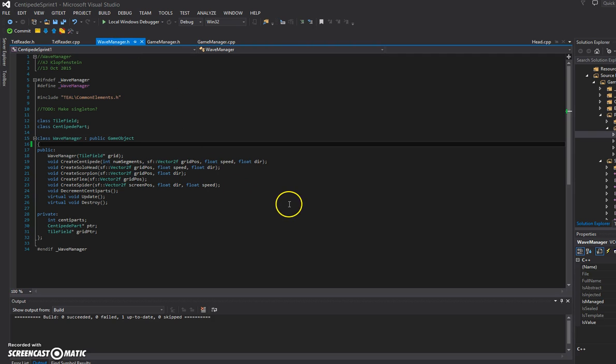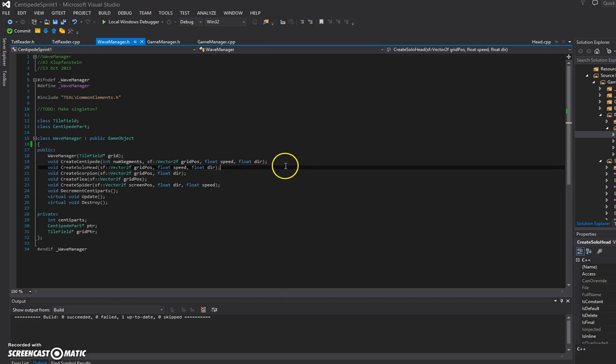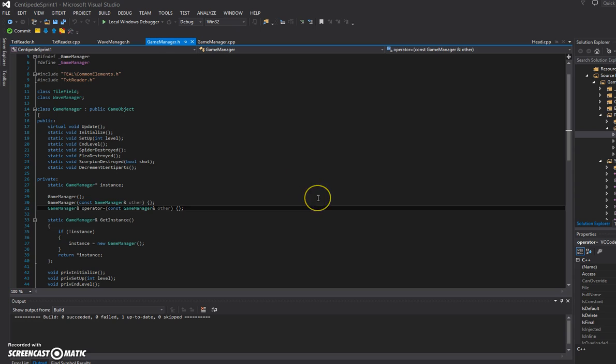I have also turned my wave manager class into the class through which all of the critters are created: centipede, solohead, scorpion, flea, spider, etc. And I've created a brand new game manager class that's going to be the above all director of the game operations. It's going to